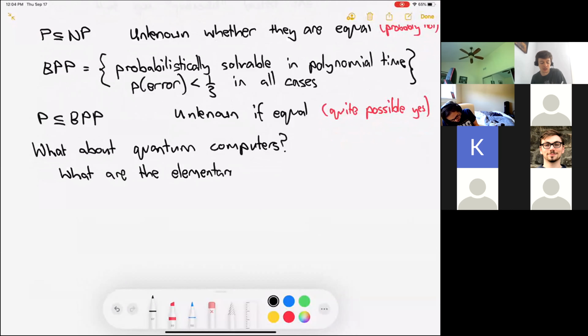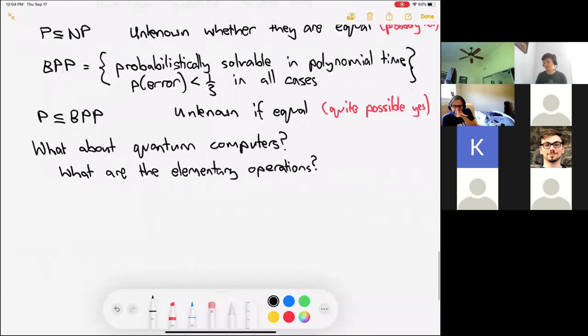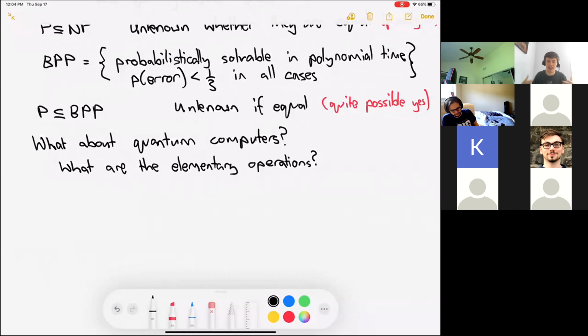What are the equivalents of classical logic gates, or the steps you're allowed to apply to a Turing computer or whatever it might be? Clearly, we don't want it to just be any unitary matrix acting on all our qubits. So in the circuit model,